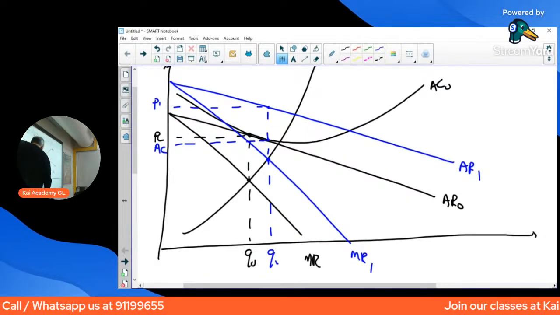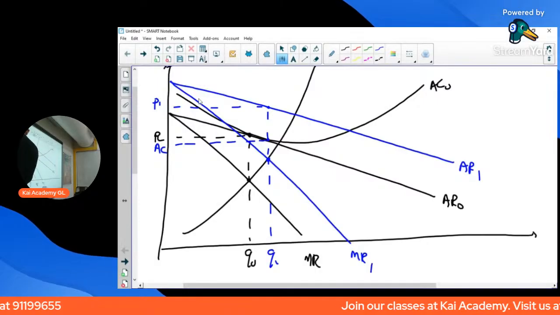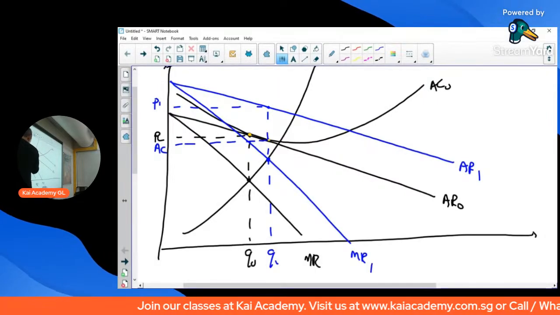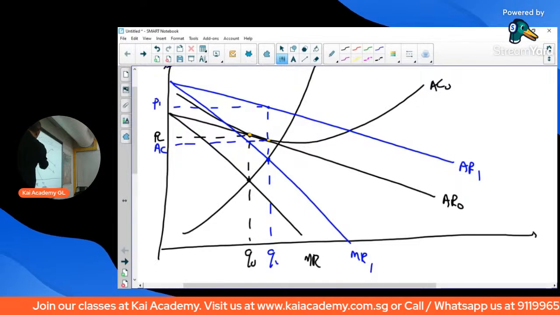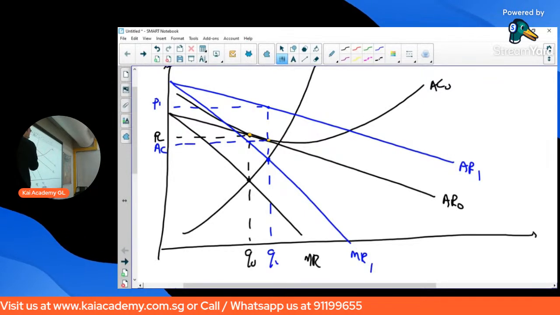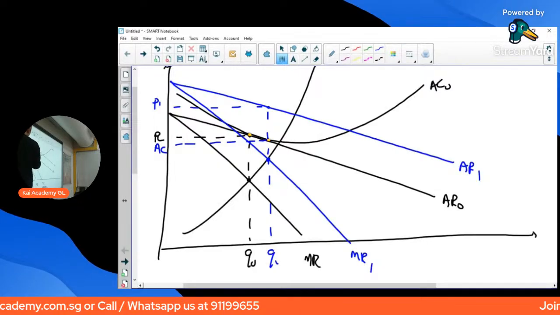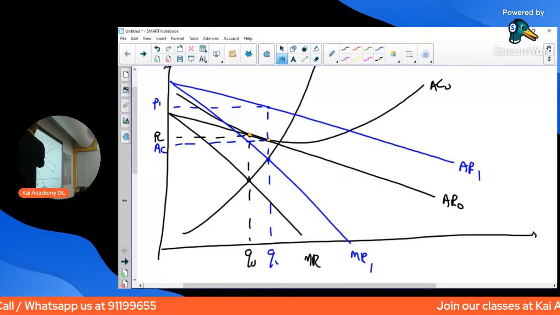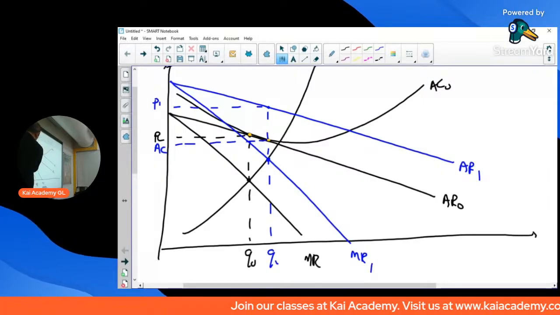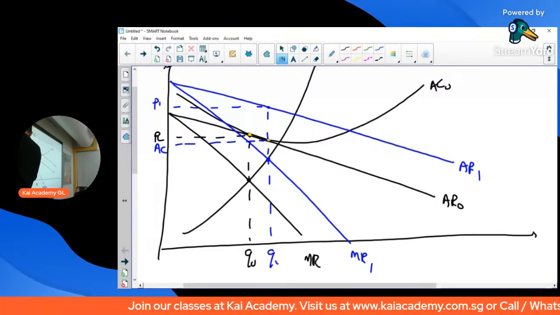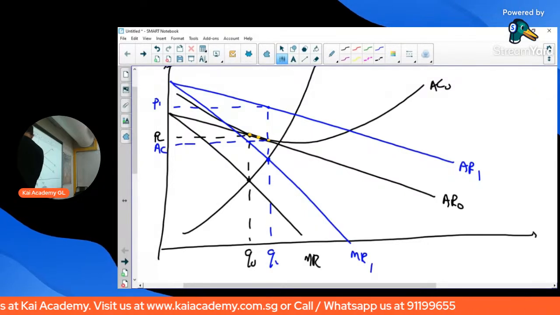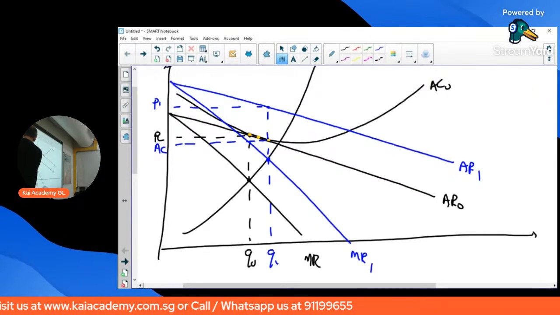So my original point, let me use yellow color. My original point was here. Now my new point is here. Then when my AR and MR shift in, if it's a parallel shift, it should just get back to the original point. But because now I have to let the gradient tilt to become less steep, it cannot be shifting in and tangent at this black point, at this black color line. It has to become a little flatter. That means my green color line has to be tangent somewhere here instead,